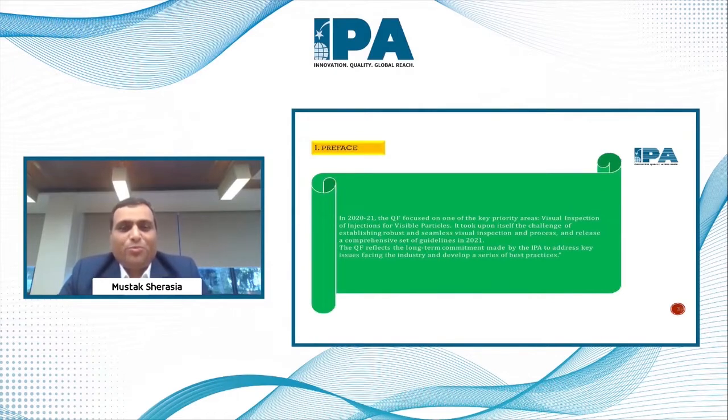As IPA subgroup 4, our vision was to create a detailed guideline with very robust and seamless processes to provide defect analysis and visual inspection approaches clearly, with the industry views and what other approaches to be applied, with alternate practices to be followed when difficult-to-inspect products are there. Those details are there, and we'll have a look in the coming slides. Next slide.